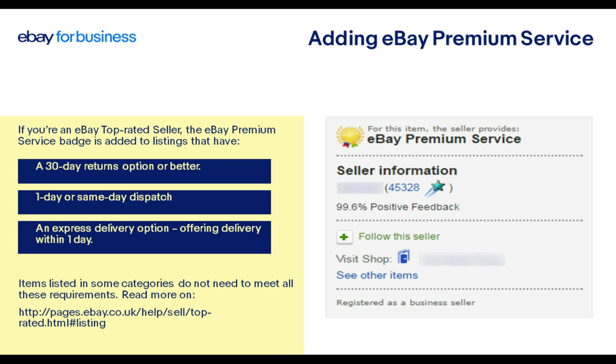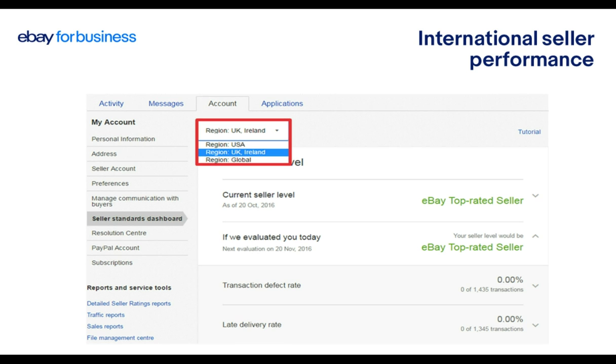If you sell to buyers in different countries, you'll also be assessed on your performance in other countries. Whilst you may naturally keep a closer eye on your standards on your core market, it's also important that you apply the same concentration to items which are selling outside of the UK. Like your core market performance, you can monitor this from your existing seller dashboard, simply by toggling the region setting